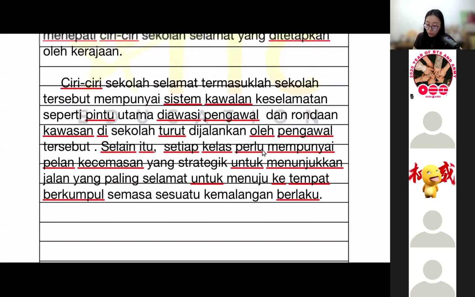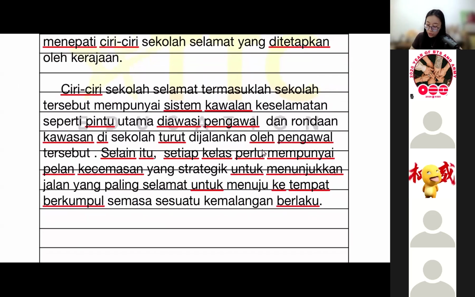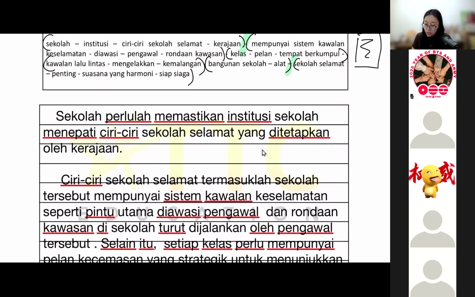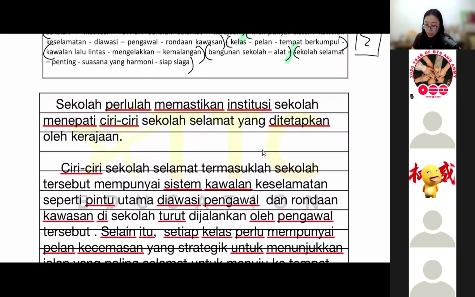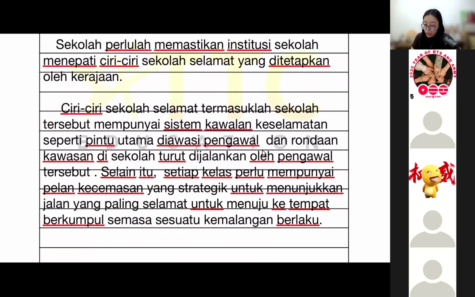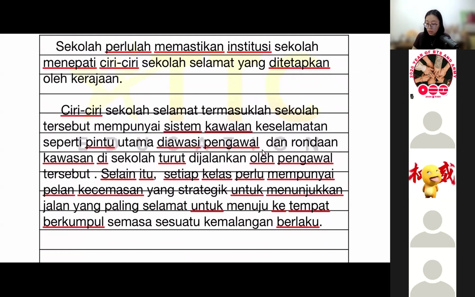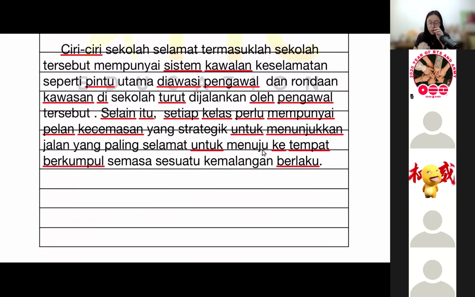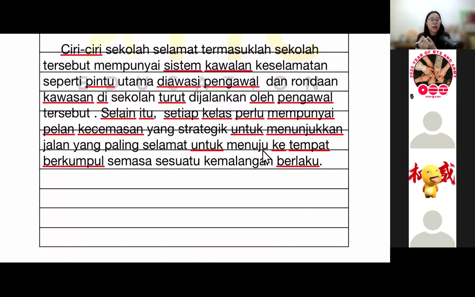Then, now we already done the first part, sistem kawalan, and then kelas pelan. Then the third one will be kawasan lalu lintas. So always remember, you have to use penanda wacana when you go to the next point, because you are telling your teacher, hey, I'm going to the next point. So don't use the same one, okay? Because if you use the same one, then you give the teacher the impression that you only know this one. So seterusnya,